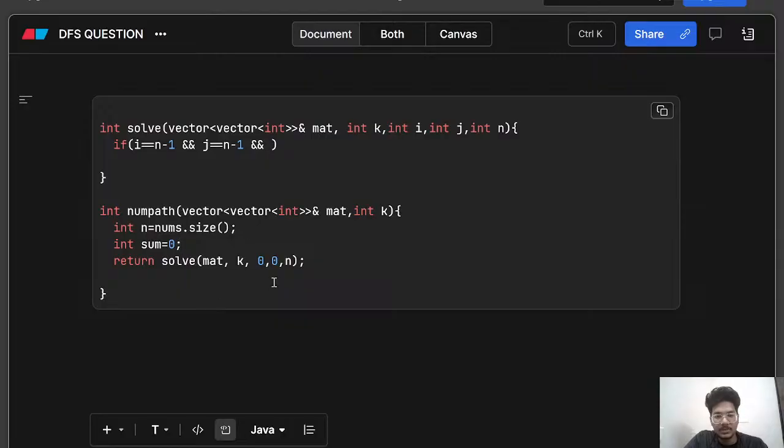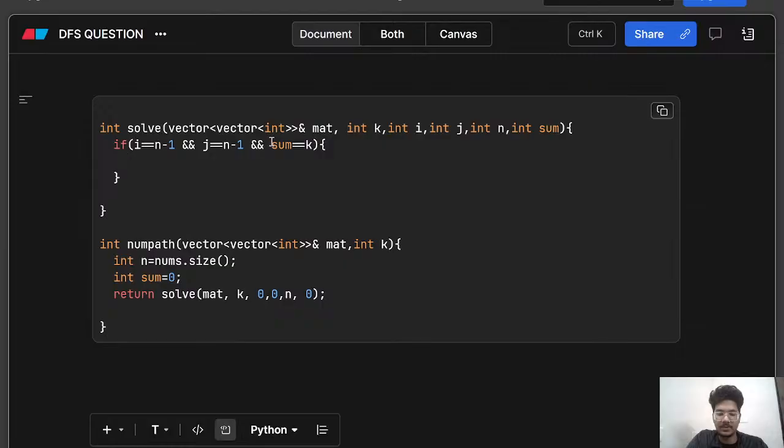Okay, so in this case we have to pass sum as 0. So int sum, and sum is equal to k. So in this case we have to return